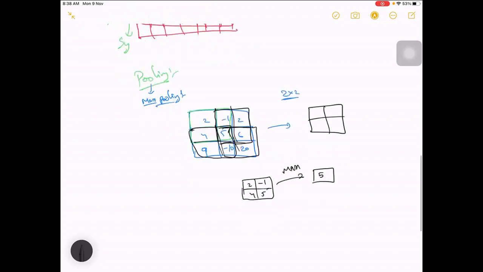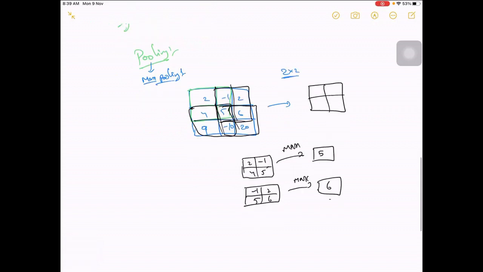Similarly, if you move the window, which was -1, 2, 5, 6, with max pooling it will replace it with the maximum value there, which is 6. So you have 5, 6, similarly 9, 20. Your 3 by 3 value has become 2 by 2 by using max pooling.